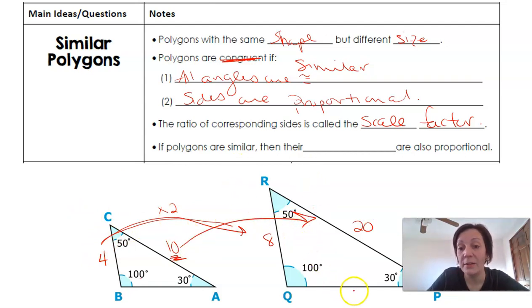Right? If I tell you that this side down here is, I don't know, 18, then it must be a times 2, so this one must be 9. And sometimes you can do it by looking, just like we did there. But sometimes it's not that easy. So what we can do here